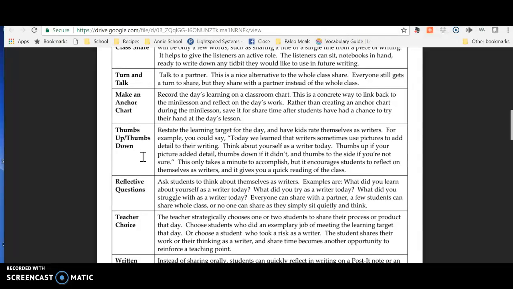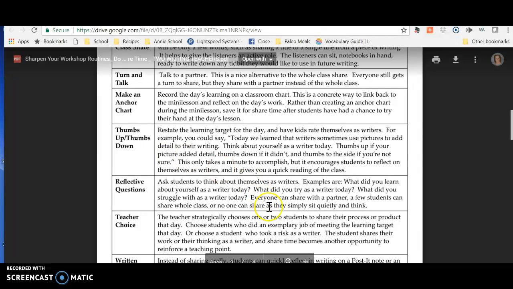I think that it's easy sometimes for kids to just put their thumbs up and say that they have something accomplished or they've had success with something. If you do that one, I would encourage you to teach your kids that they are expected to follow up with evidence. So if they were able to decode a big word that day, they need to be able to give an example of a word that they decoded that day. So just a little more than thumbs up and thumbs down.